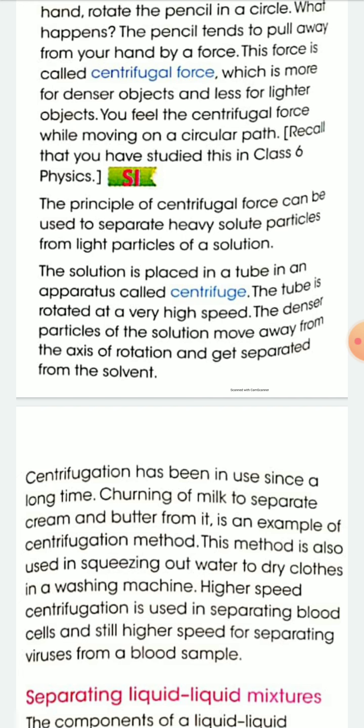You have to remember the principle and the examples, applications of these methods. Okay, procedures are not required for exams, but you have to remember the principle of each separation technique with examples. Okay, now